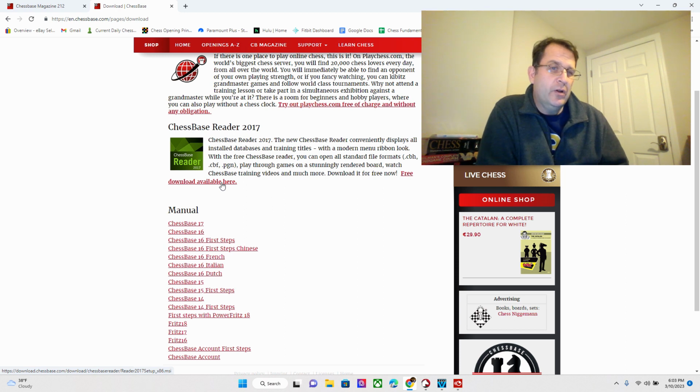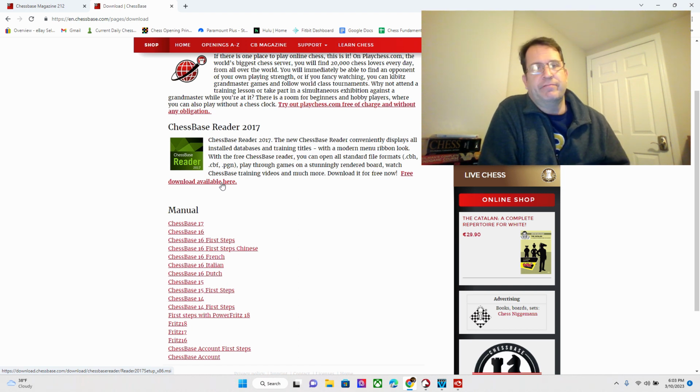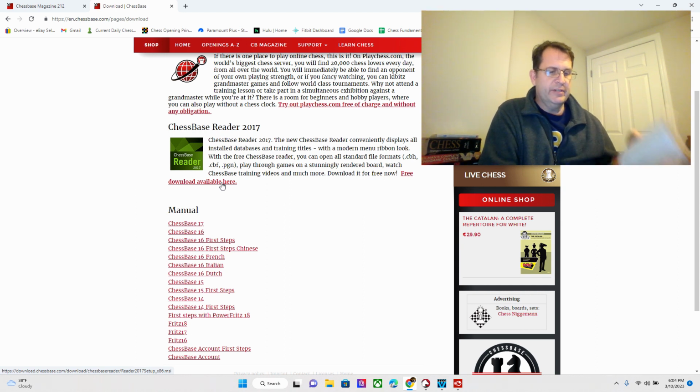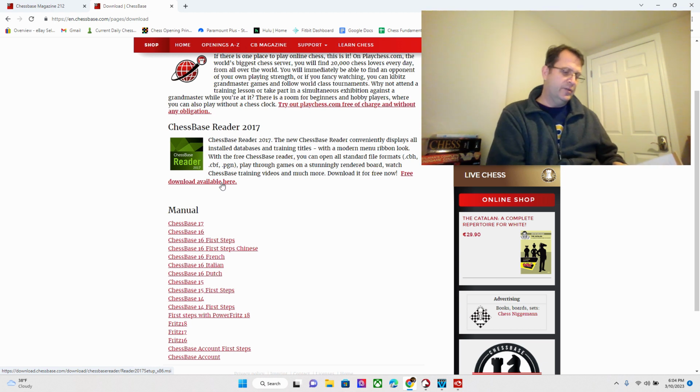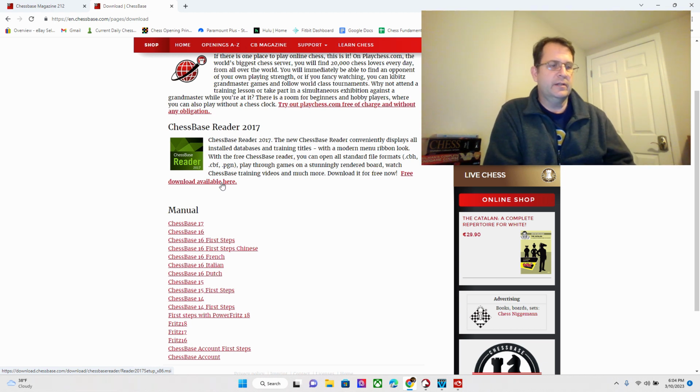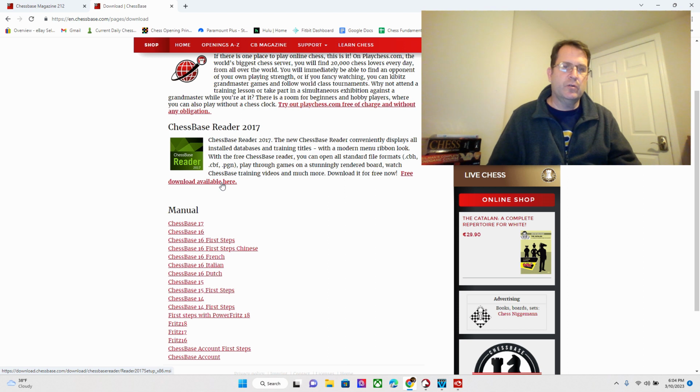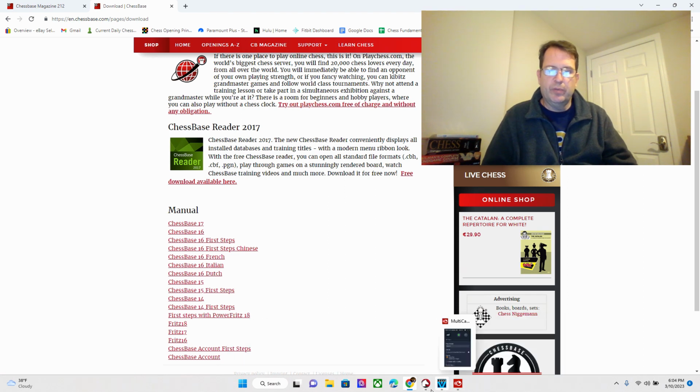If you just have the reader, though, I don't think you can save your annotations in Chessbase Reader. It's just a reader. You can't save files and that sort of thing. But if you buy the program, there's a lot to it. I'm not going to really go through the program. I'm just talking about the magazine today. So this magazine, like I said, the older ones which I have are in print, and they have a DVD in the back, as you saw here, and you can basically read it. You can watch the videos, and I'm going to go through how to do that. So I'm going to open up Chessbase.